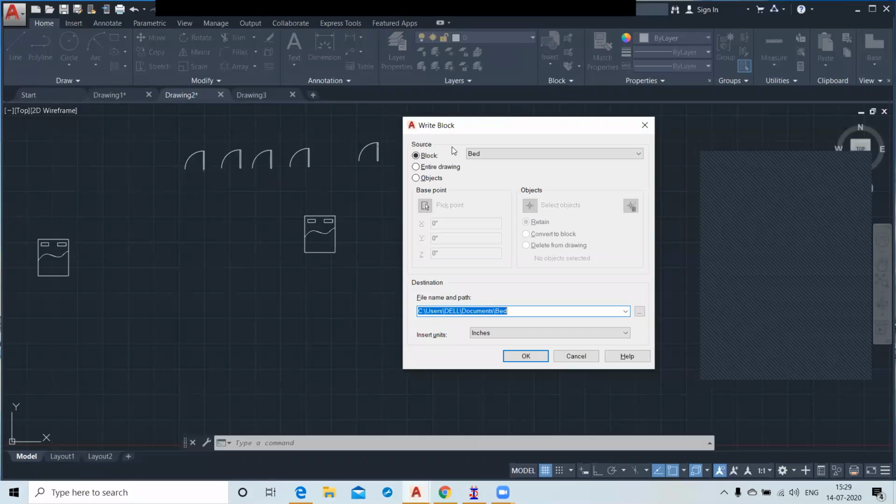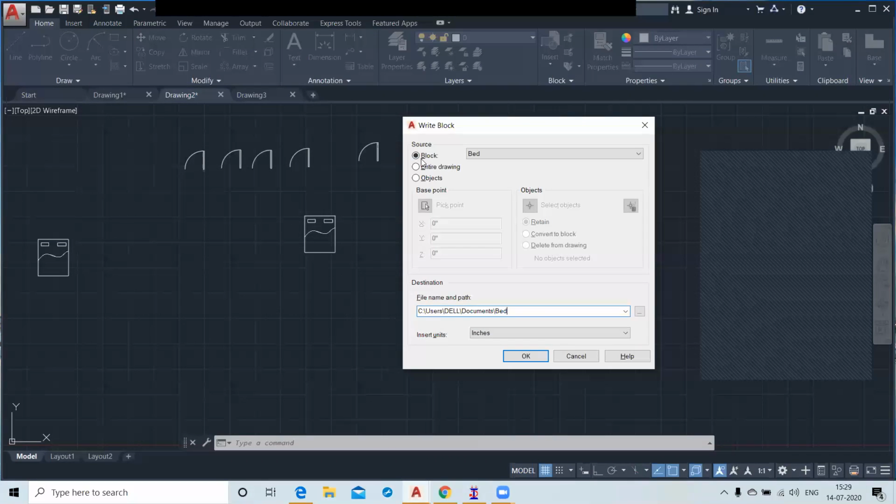By the write block, we create permanent blocks, which we can use in any drawing. In block we use only temporary; in write block we can make it permanent. We have a file name and path location where you want to save your block.